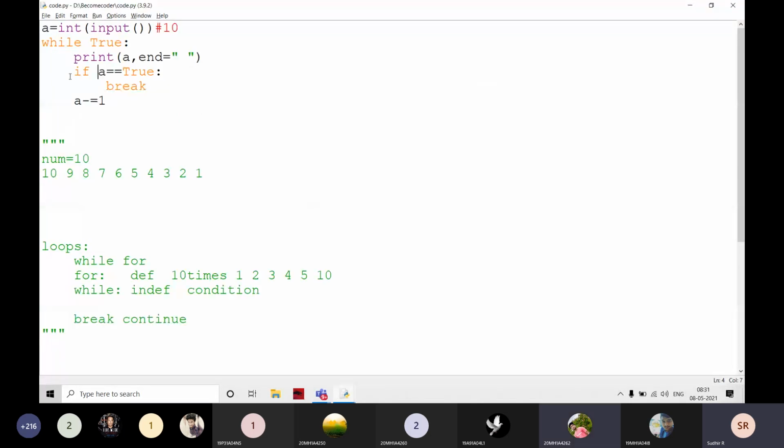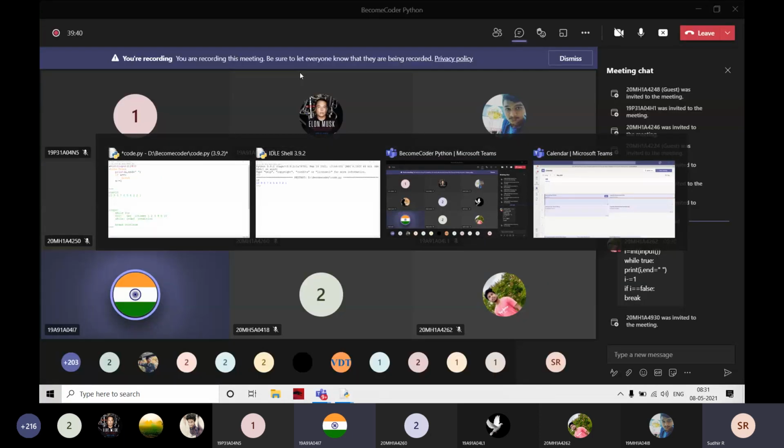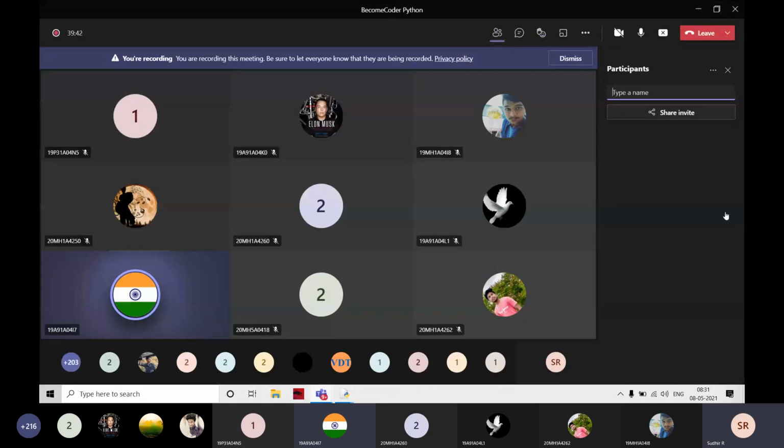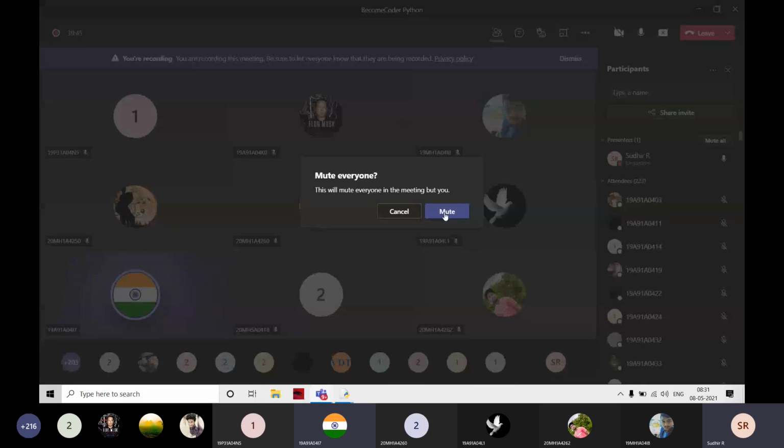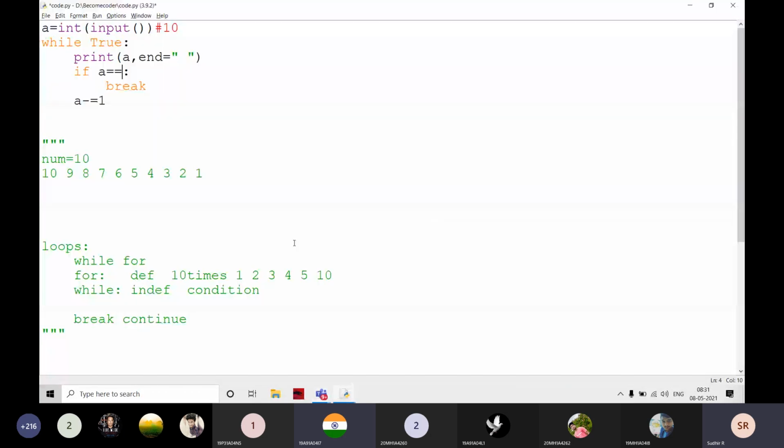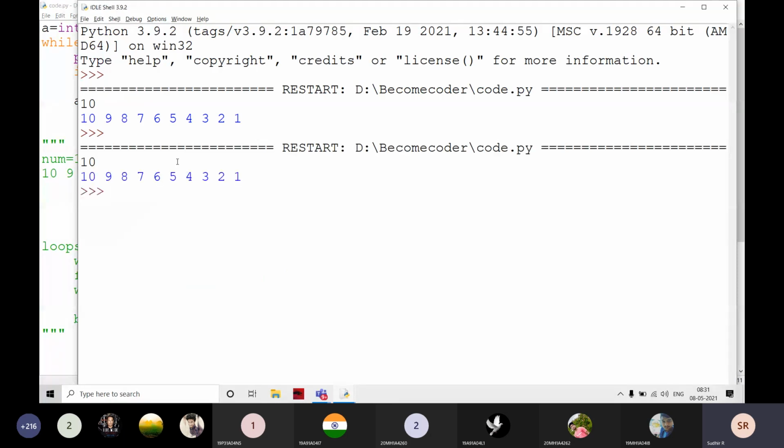For example, here it is going to be 1. If I execute it, it is going to print like this.